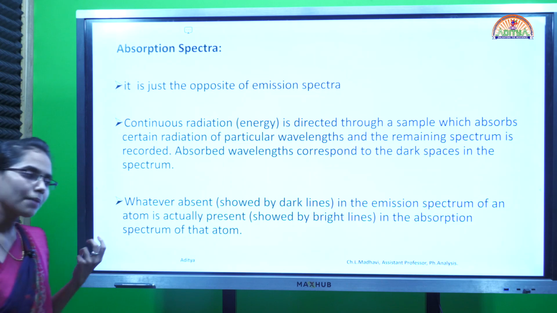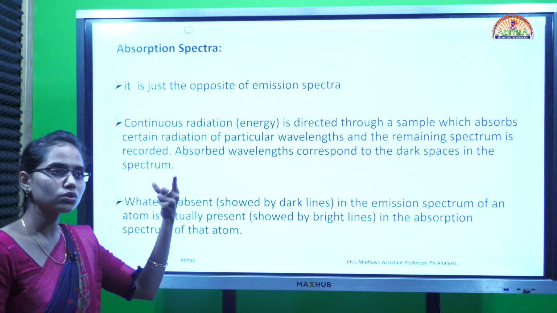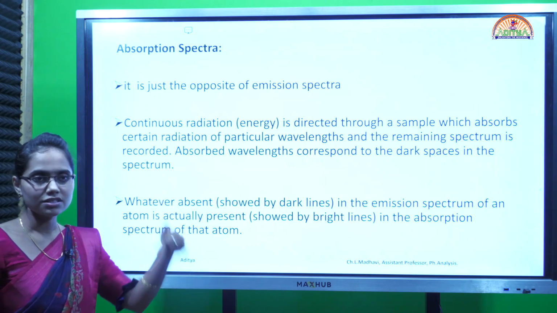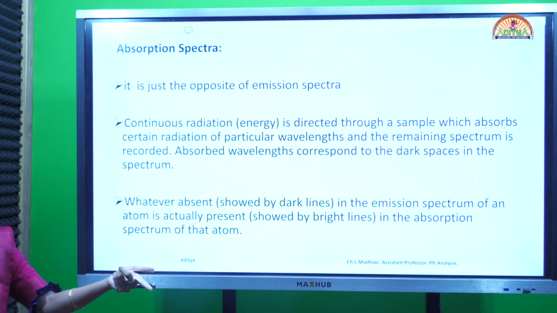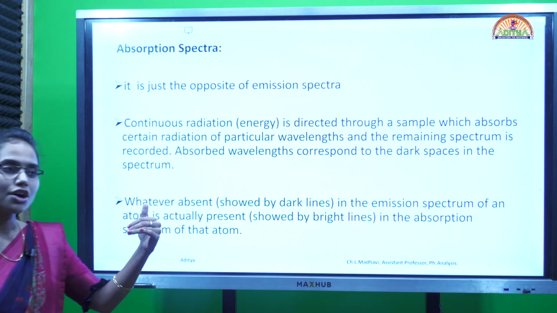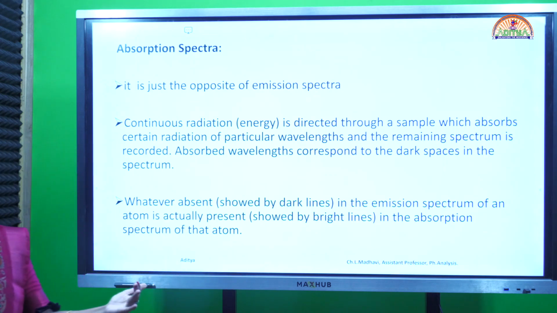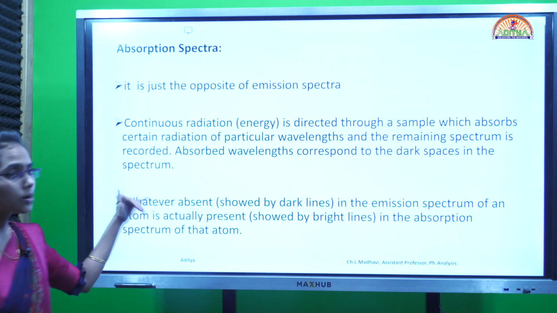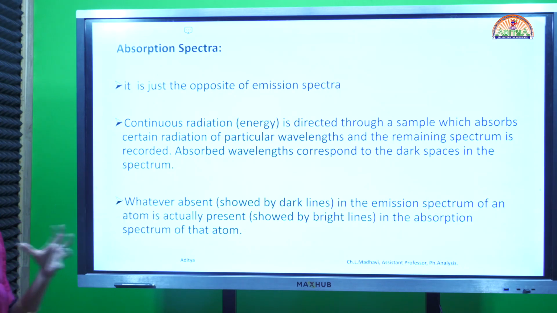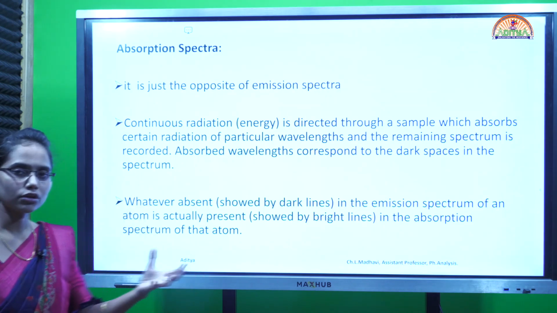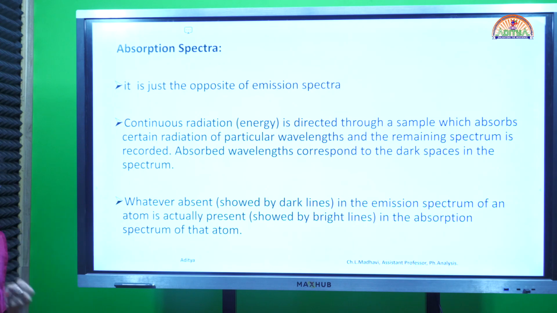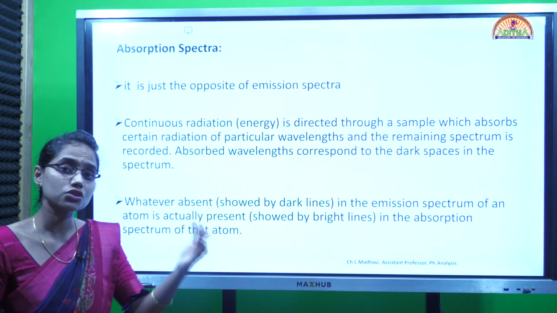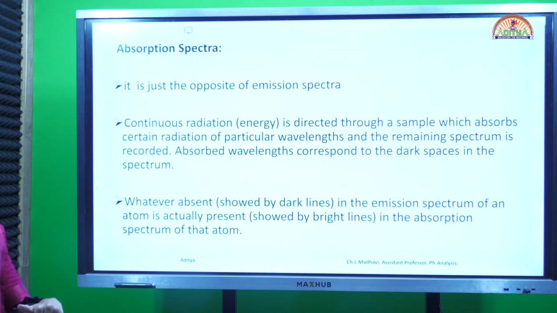For an emission to happen, the sample should absorb radiation, go to the higher state, and then it emits the radiation when it is coming down to the ground state. So as we have seen, for emission to happen, absorption should be there. But that is studied in emission spectra. In absorption spectra, when a certain amount of radiation is given to a sample, some of it is absorbed and the remaining is unabsorbed. That unabsorbed radiation is actually studied in absorption spectra.